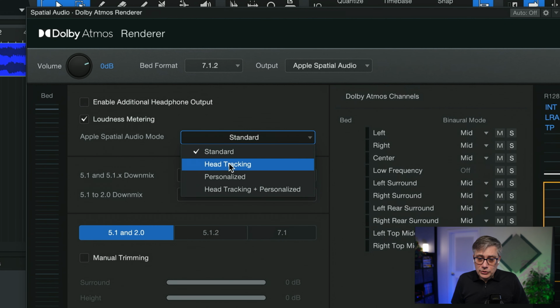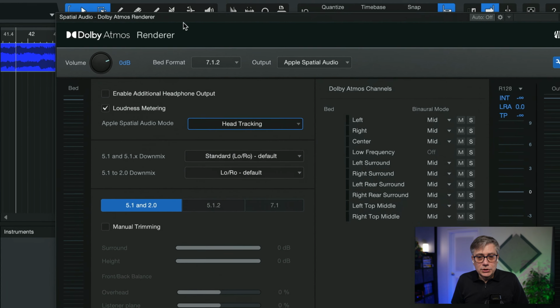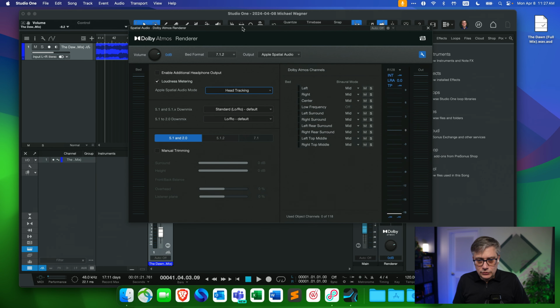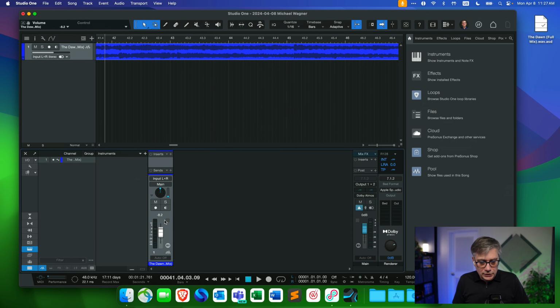So let's switch that over to head tracking. And as soon as I switch that over, I should be able to hear everything head tracked. Now, the way I'm going to do that is, as I always do, because you hear exactly the same thing that I'm hearing, I'm going to move my head. And when I move my head, you should hear that as a panning. So if I move my head to the left, for example, you should hear that as a panning to the right, because that's essentially what I'm hearing. So once again, we have head tracking turned on here. Let's press play and see if we're actually getting something.